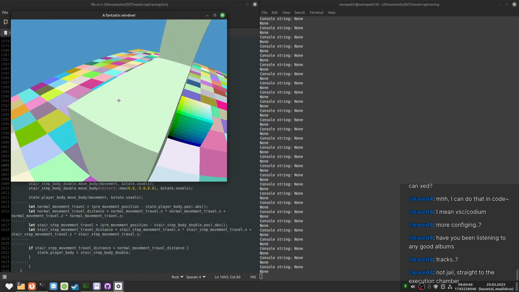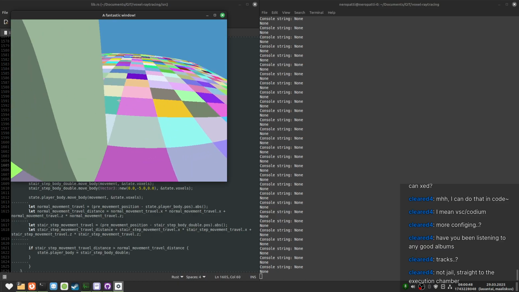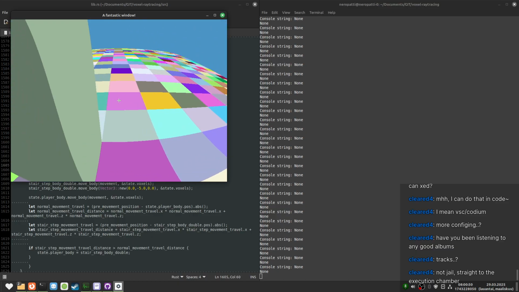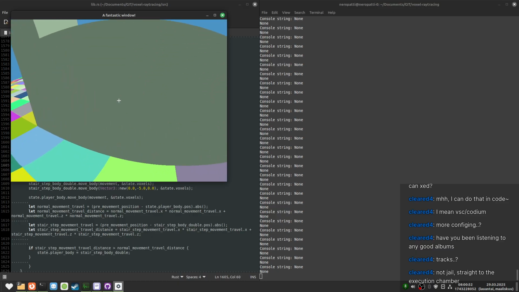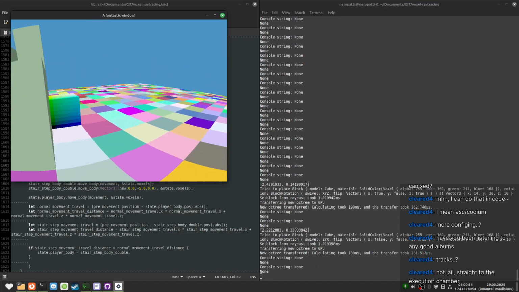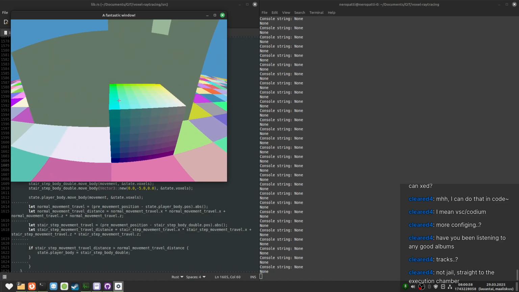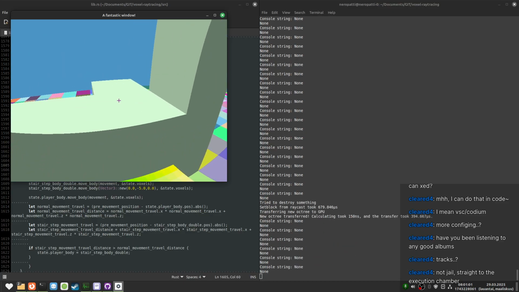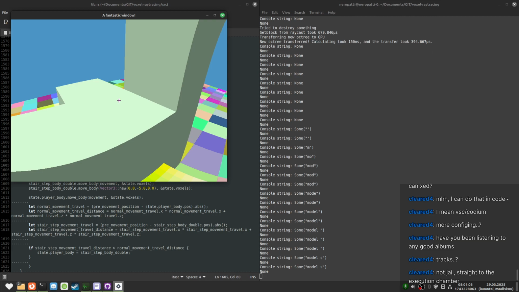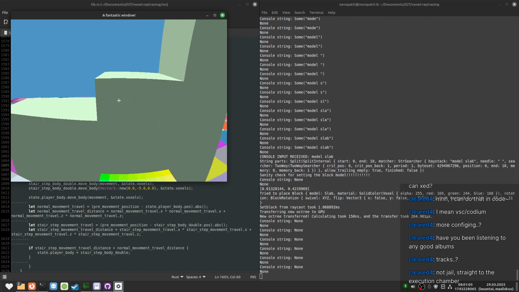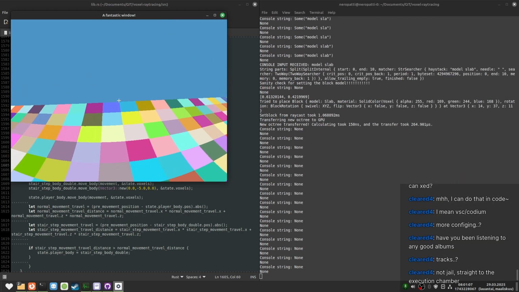I just realized I can jump up 2 blocks in one jump. I feel like if I step up, it doesn't remove the velocity. Can I do 3? No. Can I do 1 on a slab? Yes.